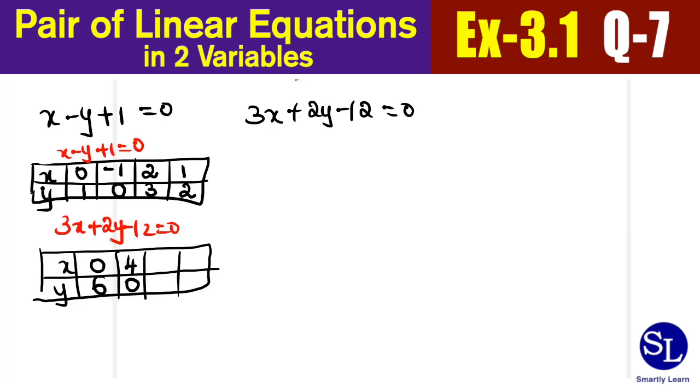Now let's take the value x is equal to 2. So in this case 3 2s are 6. So 6 minus 12 is minus 6. So 2y minus 6 is equal to 0. So y is equal to 3. So x is equal to 2, y is equal to 3. Now I'm stopping here because from these two tables, I see the point of intersection here itself, 2, 3, because the values match. So this is going to be the point of intersection. Now let us draw the graph and then we can see how to intersect and draw this.